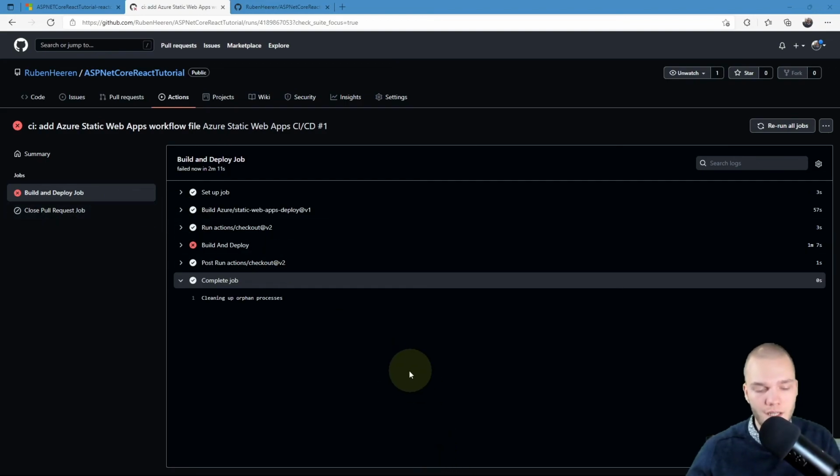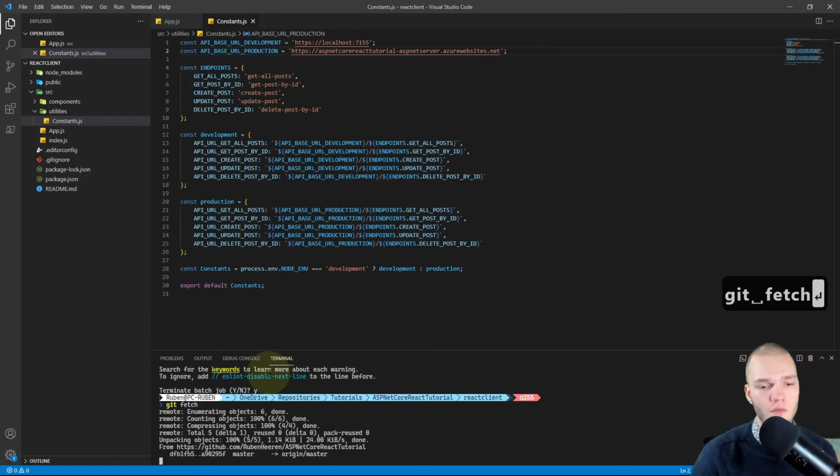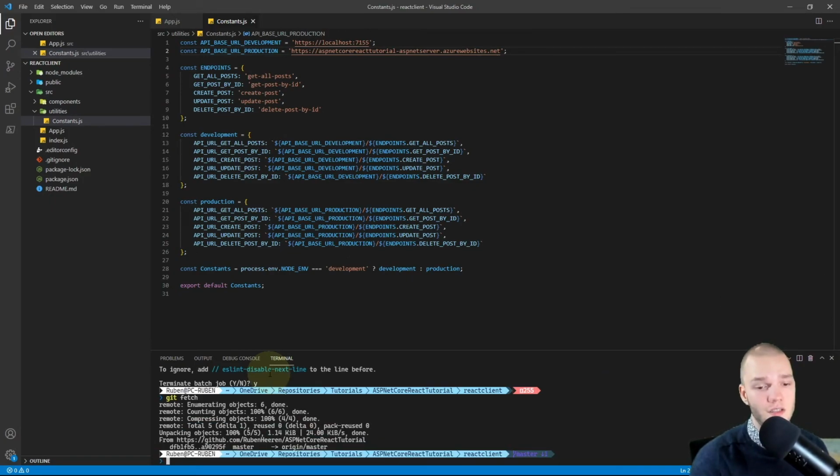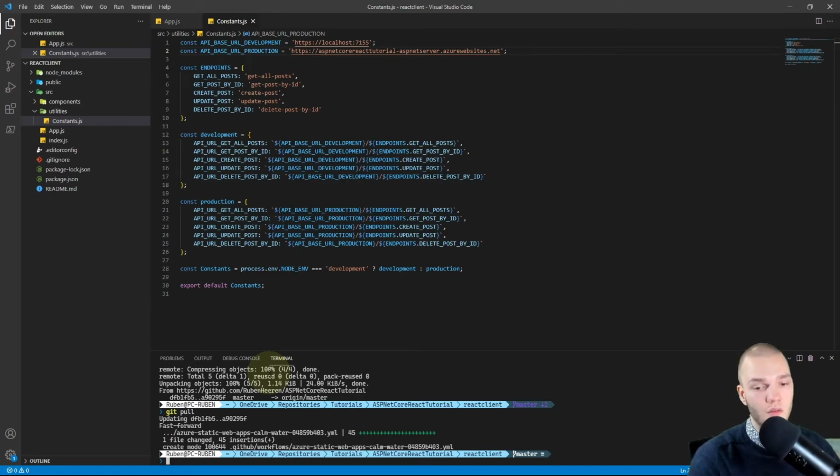So I'm going to go back to Visual Studio Code. First of all, in the terminal, I'll do git fetch to get any changes from our remote GitHub repository. And I'm going to do git pull to sync our local repository with the remote repository.